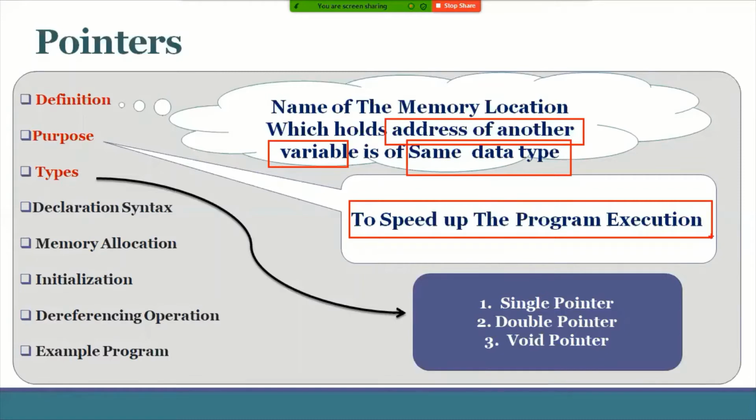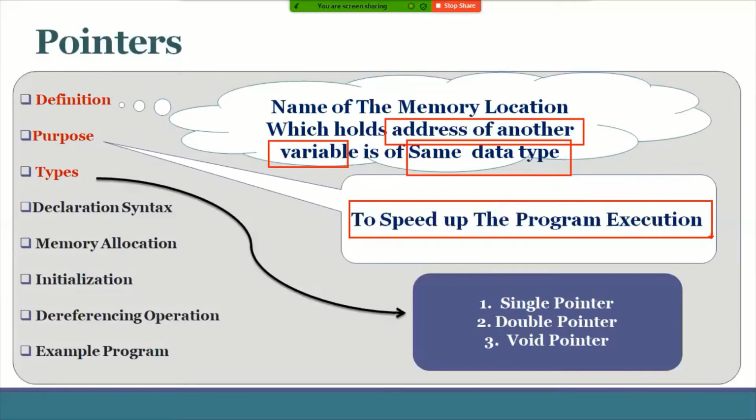That variable will be searched within the whole memory, and in that case it consumes a lot of time. To avoid that searching time, we can use pointers.